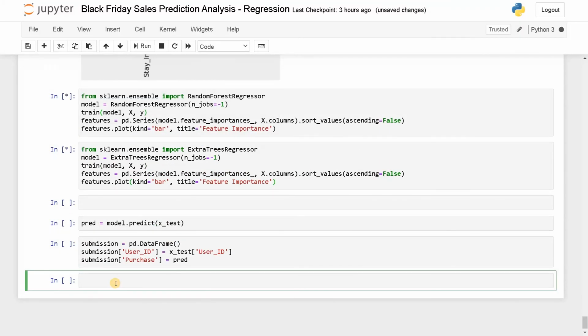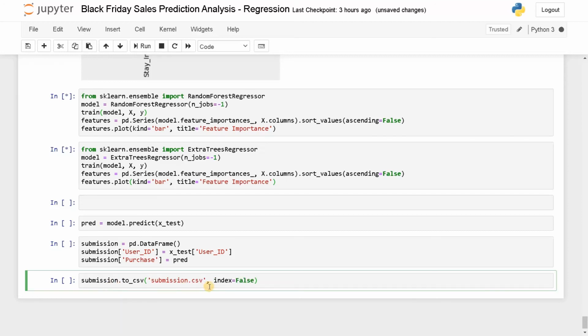After converting this result into a data frame, you need to save the file, right? So for that, submission.to_csv, the file name, let's say submission.csv, comma, index equals false.